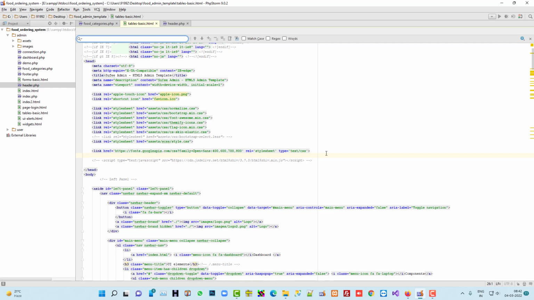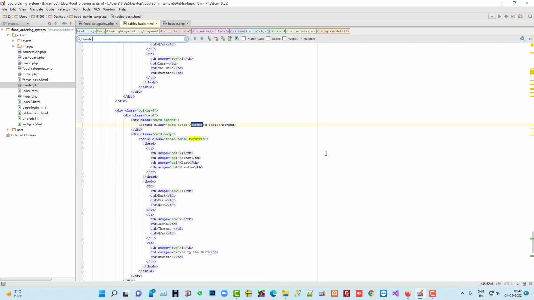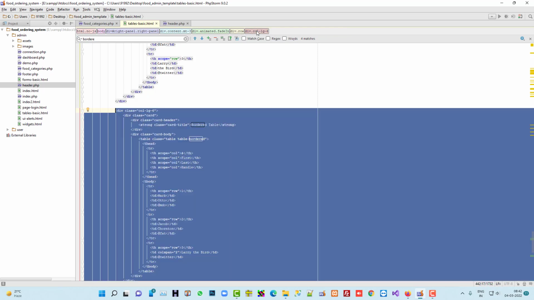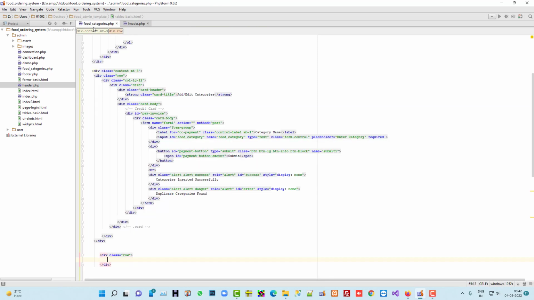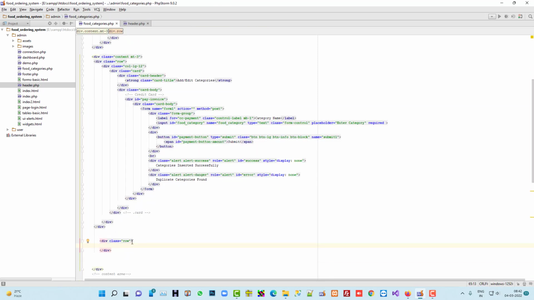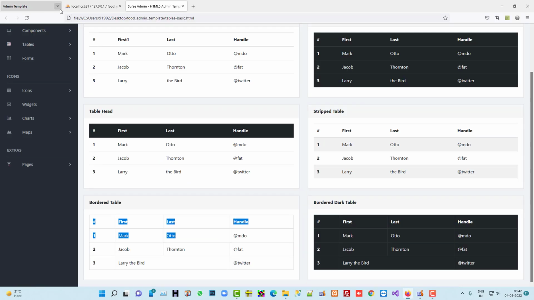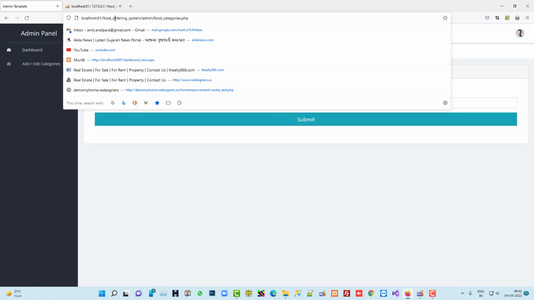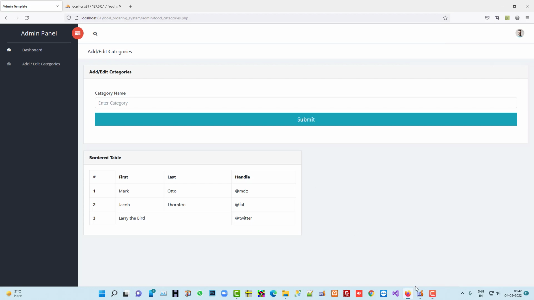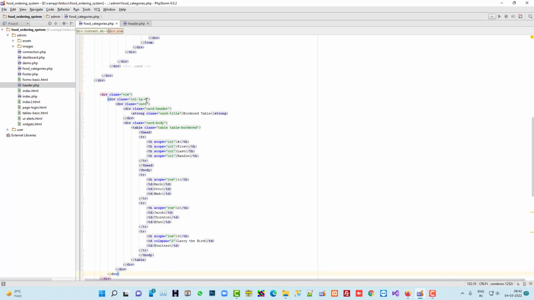Control F, border table. I'm going to copy this and here just paste. Now let's see here. Let me close this. Yeah, but we have to change here 12. Okay, that's fine. Now here we are going to use